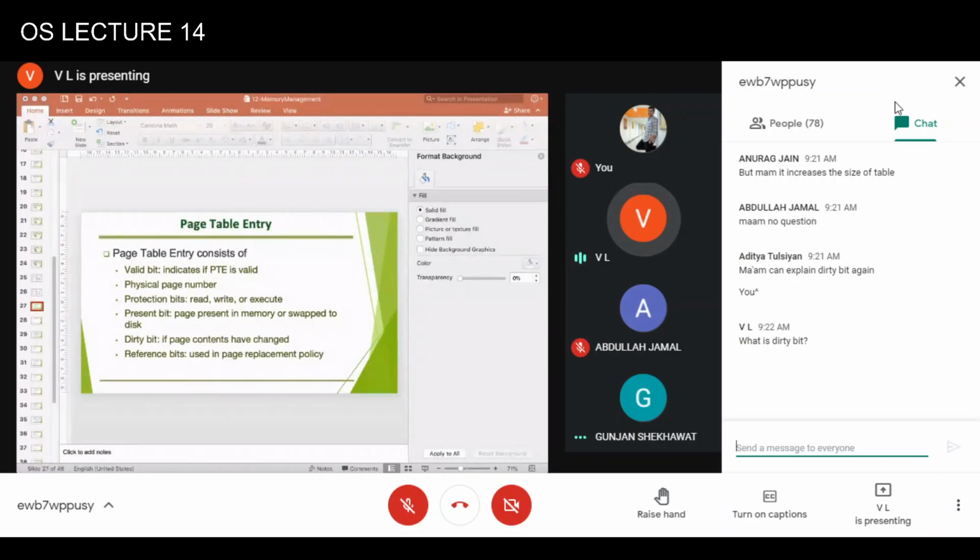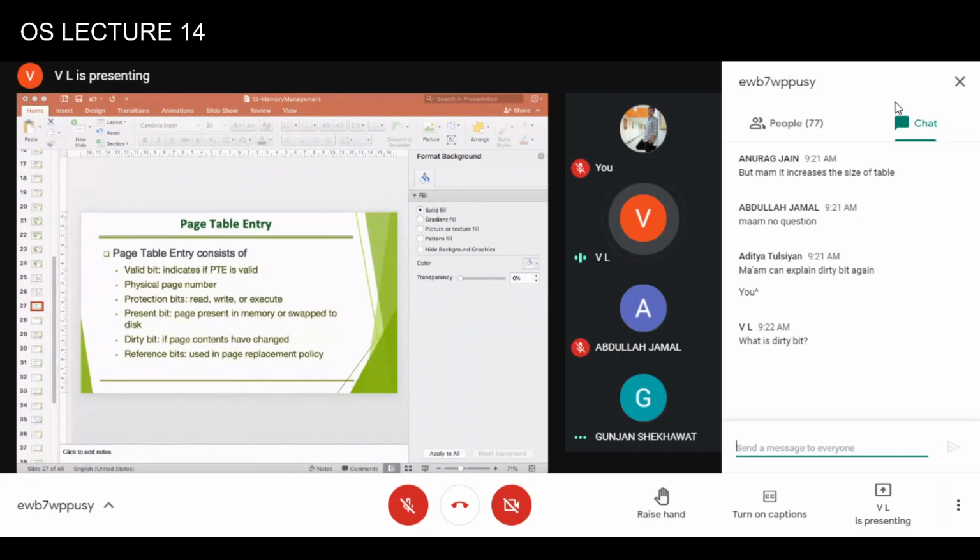So the idea is that if you're looking at the virtual address space of a process and that is mapped to the main memory, some of the pages will be data pages. Naturally, the data pages are being changed as the program progresses. So these pages may have to be saved back to the hard disk. Whenever there is any change in the page content, the operating system will mark this dirty bit as 1.